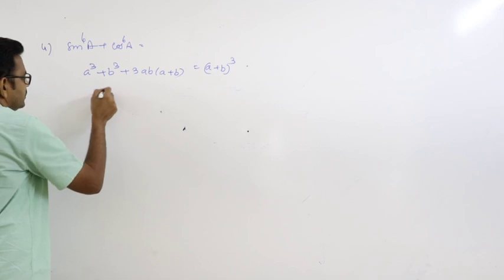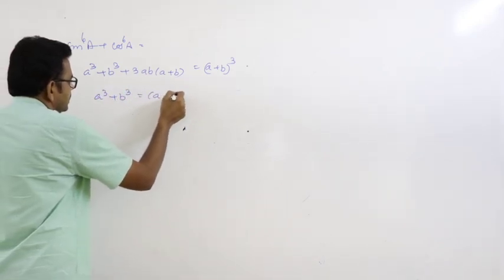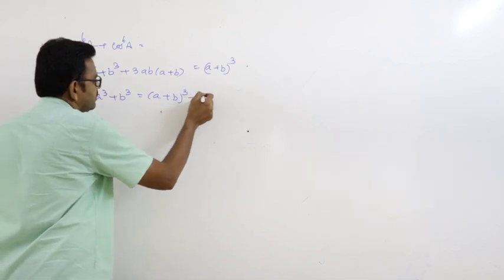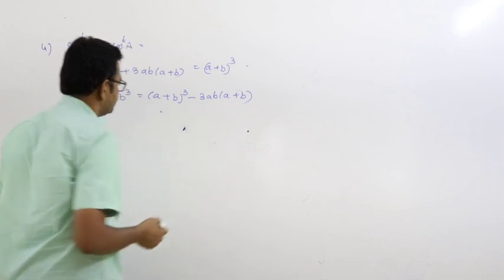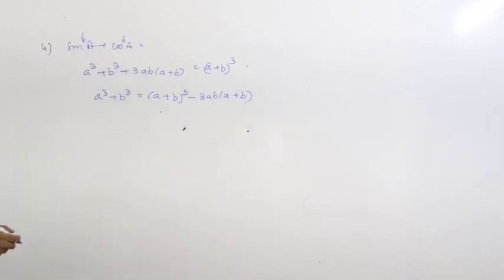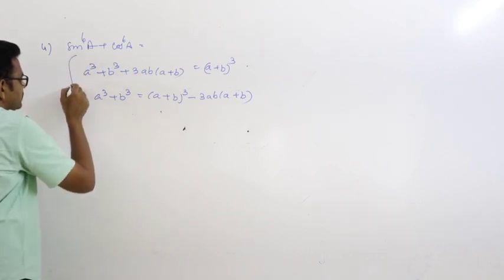So a cube plus b cube is equal to a plus b whole cube minus 3ab into a plus b. So if you use this result, use this formula,